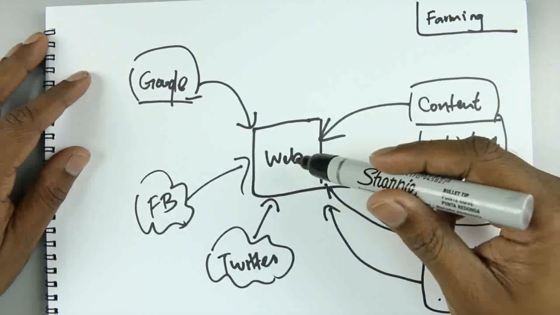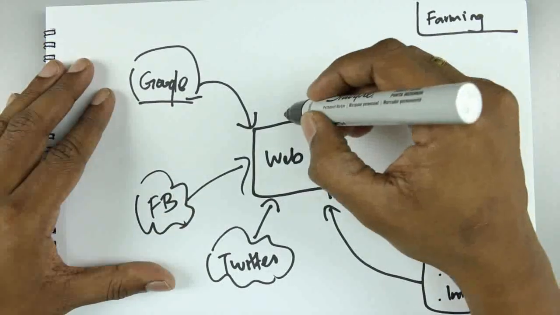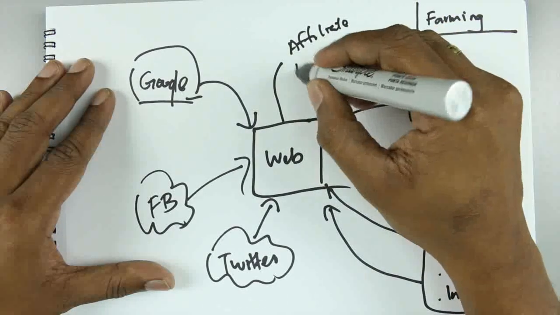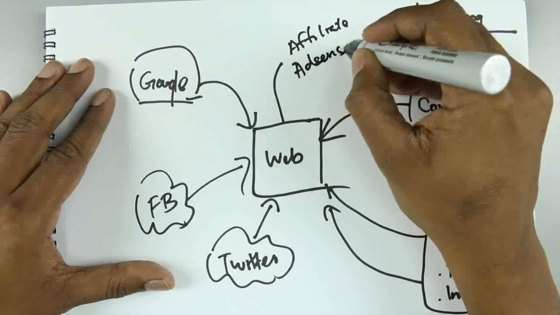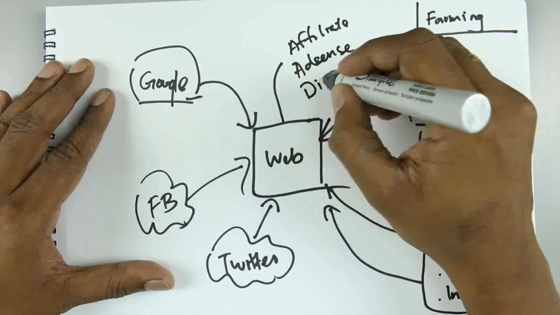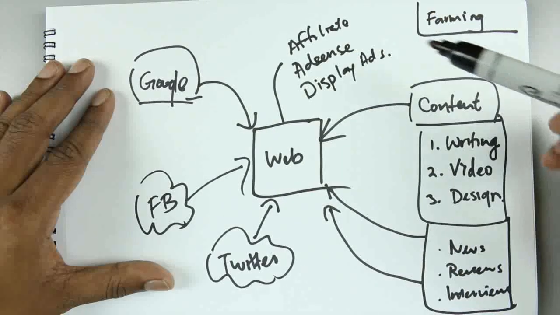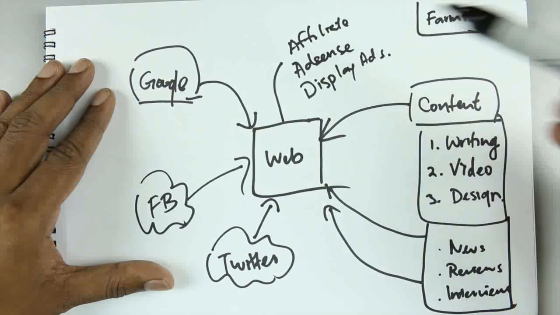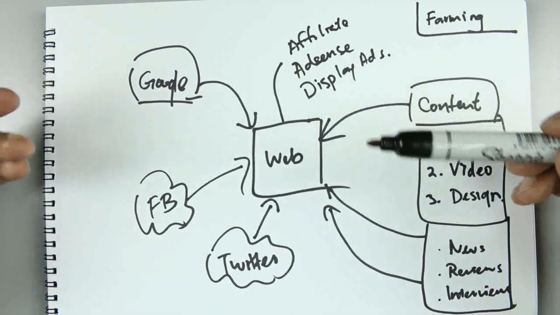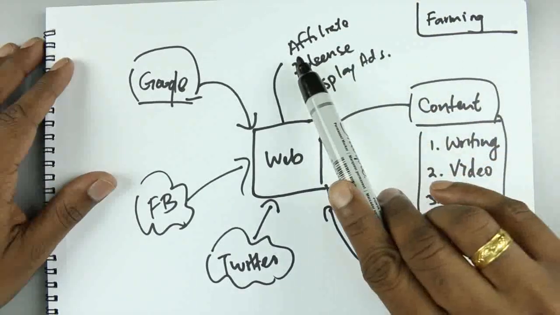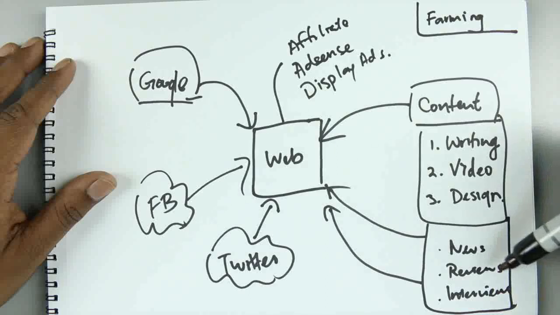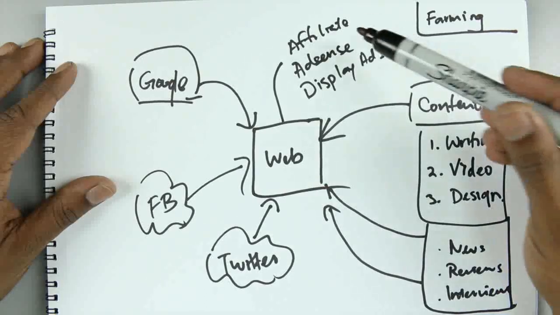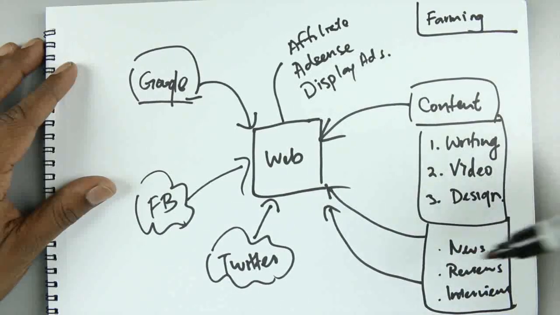So now, with all the content going in, getting all the traffic from everywhere, how do you make money? Okay, you make money from affiliate marketing. You can make money from Google AdSense, and you can make money from traditional display ads. So most websites using the farming method will have some sort of Google AdSense going on their blog when they're getting very little traffic. And then as they start to have more traffic, they will put in affiliate links on their blogs. They will create product reviews, and instead of linking directly to the seller, they will use the affiliate link, and that is an excellent way to make commissions.